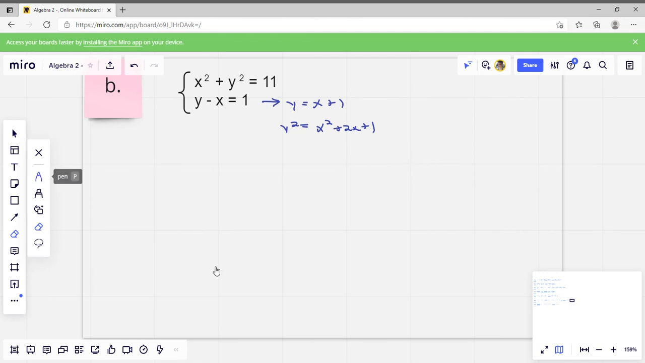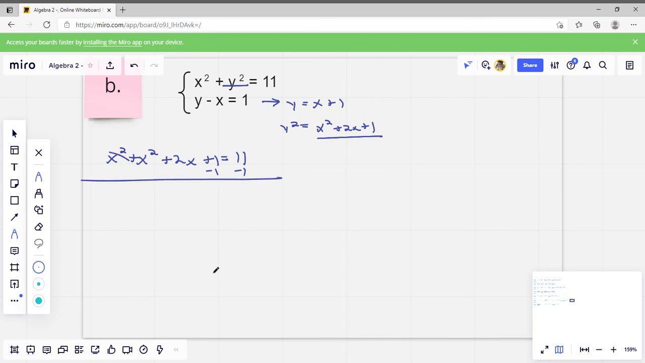All right, and then we're going to plug that value in here. So we're going to say x squared plus, now we get the y value, x squared plus 2x plus 1 equals 11. All right, now we're going to subtract 1. And we're going to combine these like terms right here. So we have 2x squared plus 2x equals,